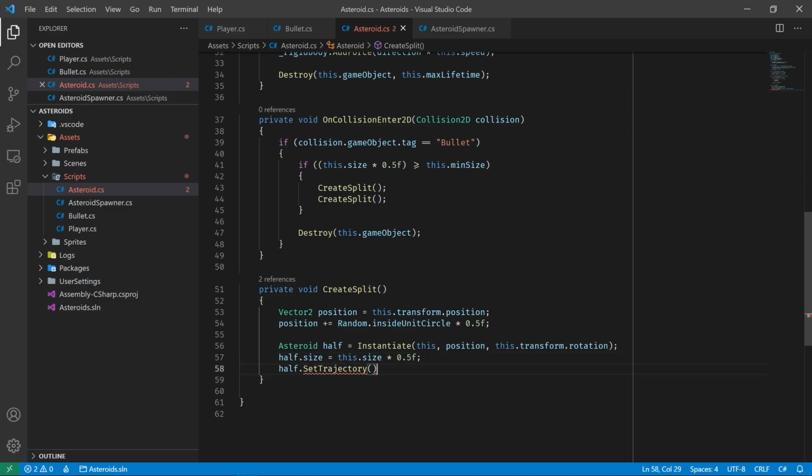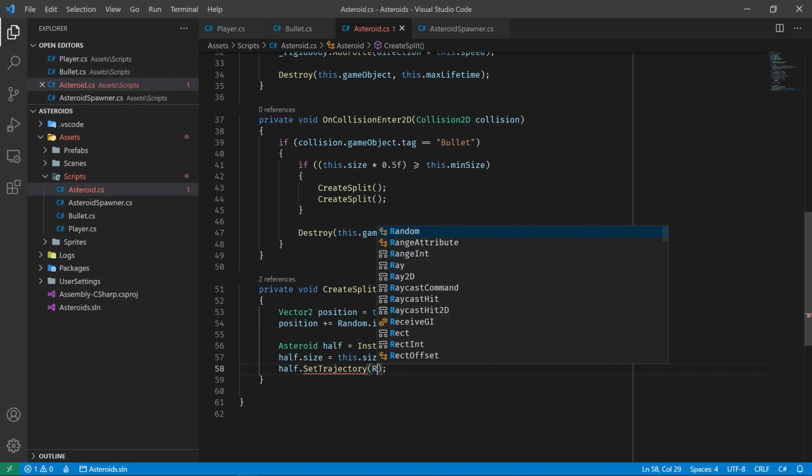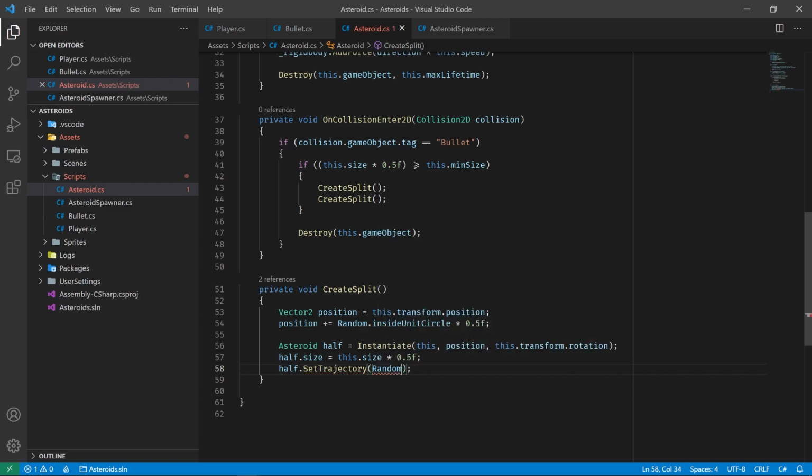And the direction here, honestly, doesn't really matter. It can be completely random at this point. Since it's getting destroyed in the middle of the scene, it doesn't matter which direction it goes. It just needs to go anywhere out, right? So as long as we just say random inside unit circle, or we say normalized, which is going to give it a trajectory. We want to normalize it so it always has the same